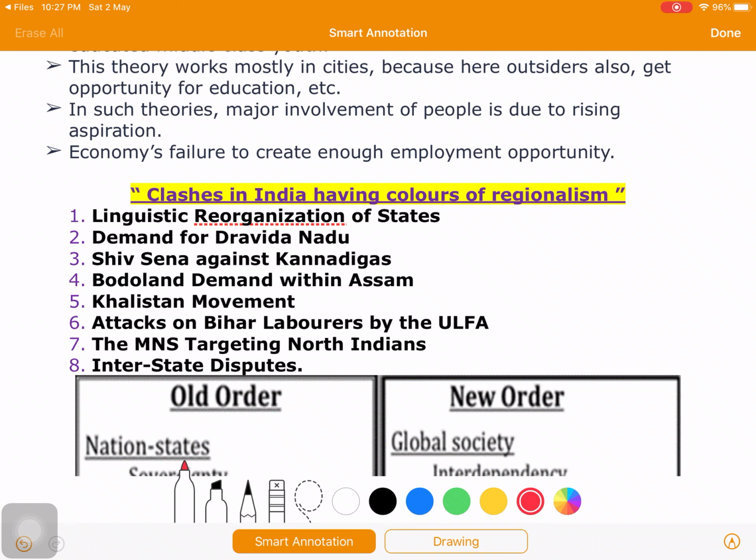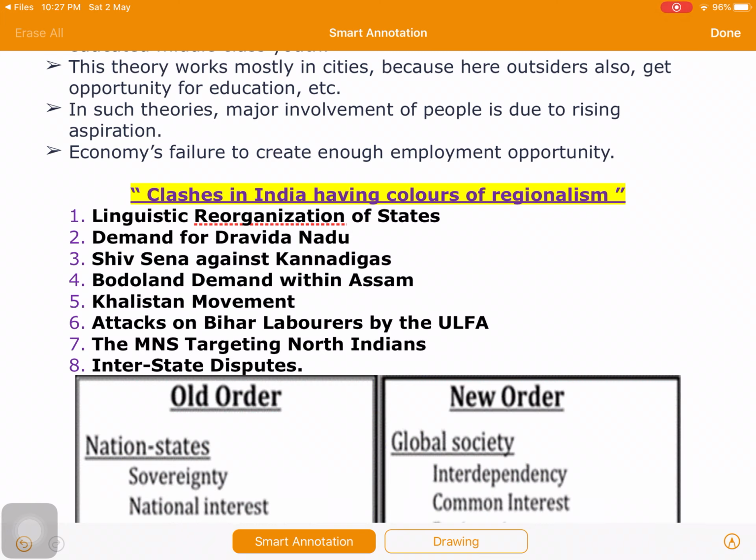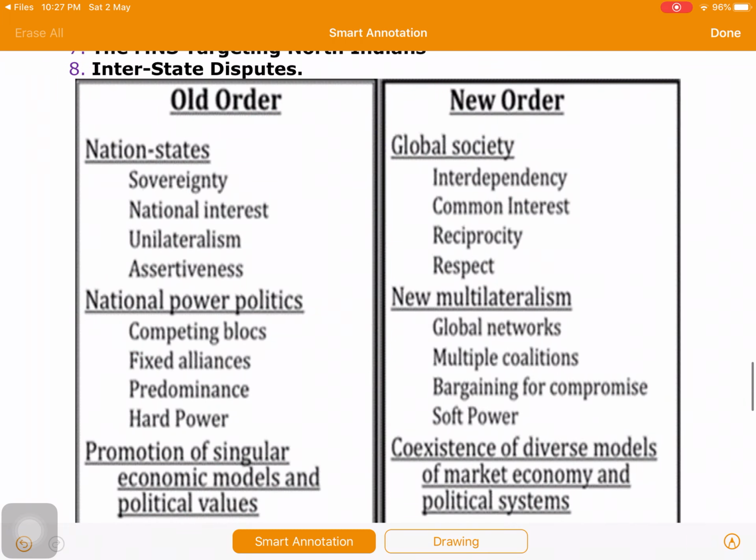But this question has assumed special significance in the aftermath of the disintegration of the multi-ethnic and multinational Soviet Union and the split of the Federal Republic of Yugoslavia at the international level. So we need to understand such histories as well, and based on that we need to come up with responses to these challenges. Based on that, today we have this so-called old order and new order which came into existence.